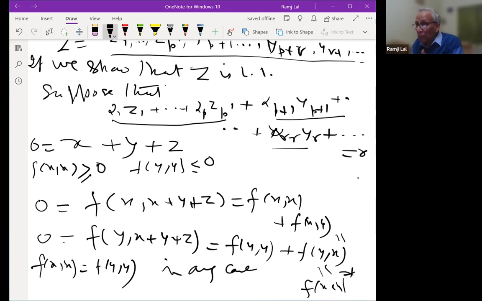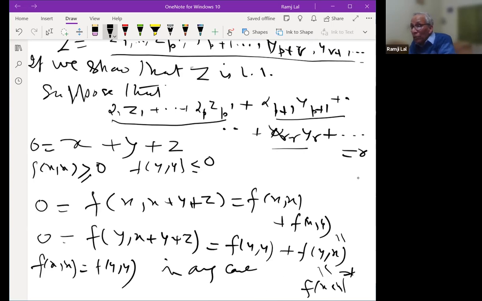Now, once both of them are 0 here, what will happen? F of z1 etc. So what will that imply? That alpha 1 square is also 0, alpha 2 square is 0, alpha p square is also 0. So that means p dash is also 0. So these alpha i up to p dash are 0, and similarly this is also 0 because fyy is also 0.